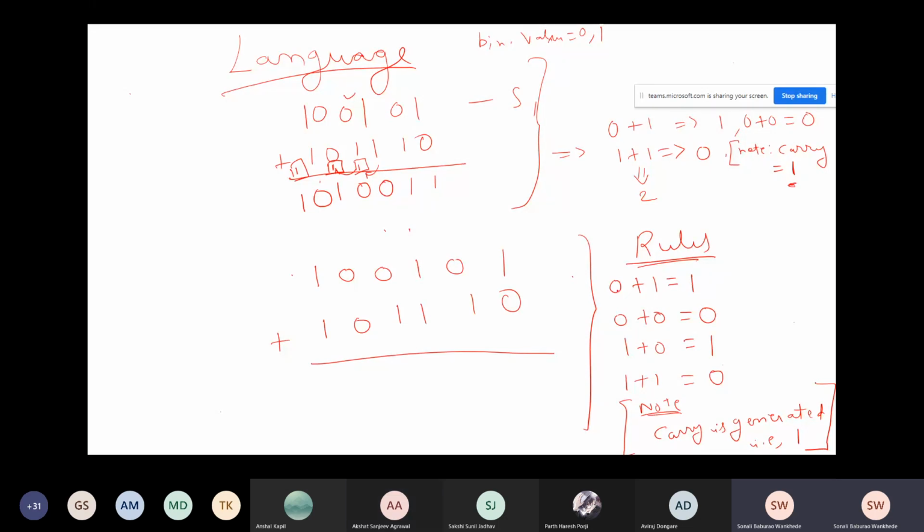So the rules over here are: 0 plus 1 will always give me 1. 0 plus 0 will give you 0. 1 plus 0 will give you 1. But why does 1 plus 1 not give me 2? This must be a question which arises in your minds. In mathematics we have solved 1 plus 1, and it gives us 2, right? But